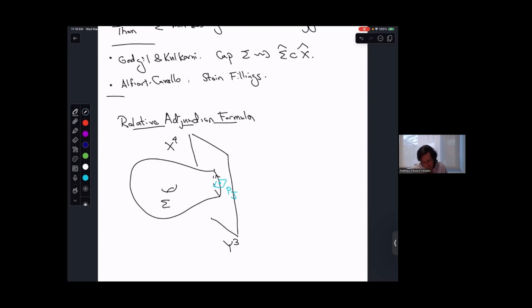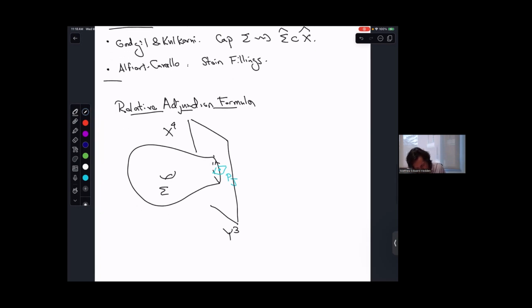And so in particular, I'd like to somehow get a notion of a Whitney sum formula for a relative characteristic class, or for the relative Chern class. And so what I could do is, given a Seifert surface inside Y,